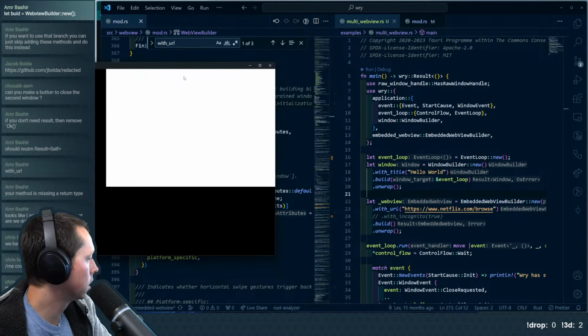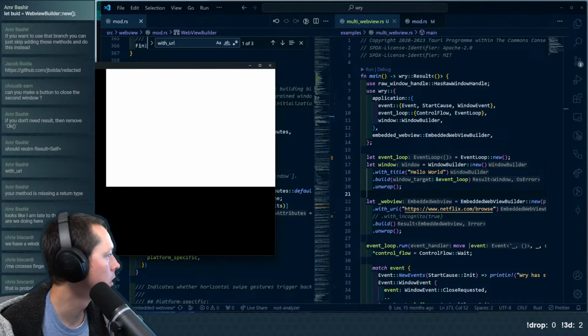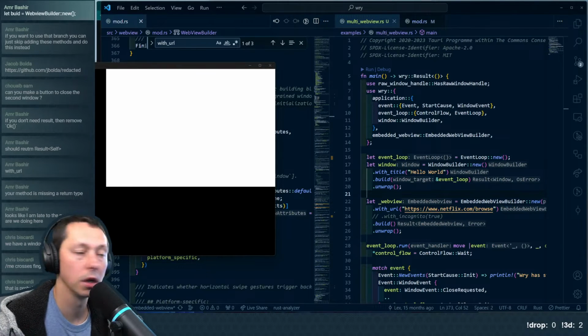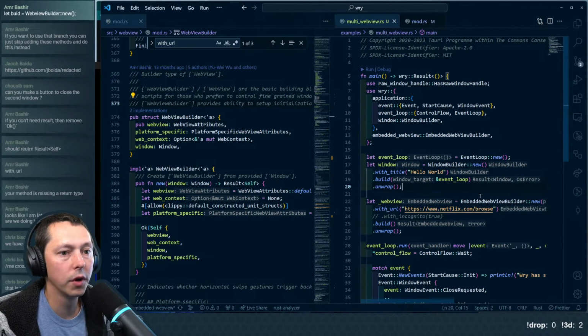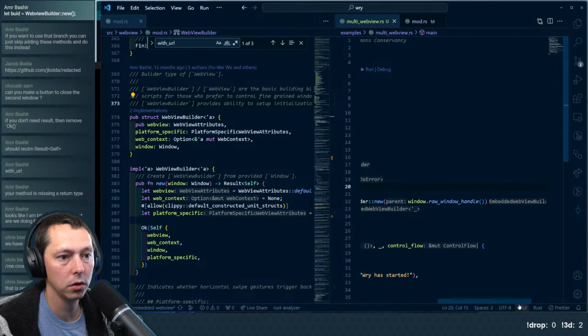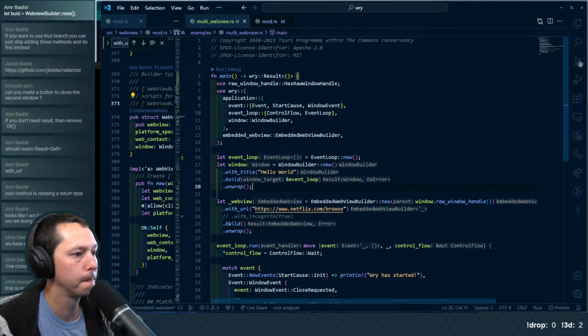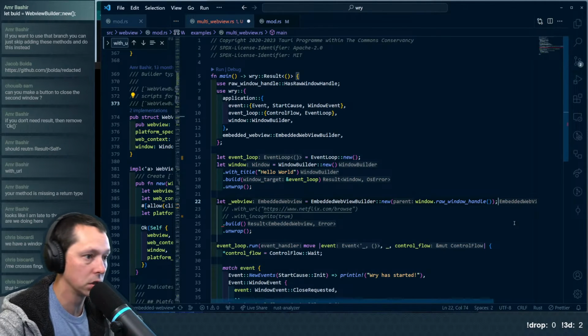That's a little bit confusing. Okay, so we can do a... Amr went ahead and sent me some code. We've got an embedded web view builder, new, and we are doing the window raw handle. We were trying to do this with URL and then build, but instead of trying to use this with URL, what we can say is give us the